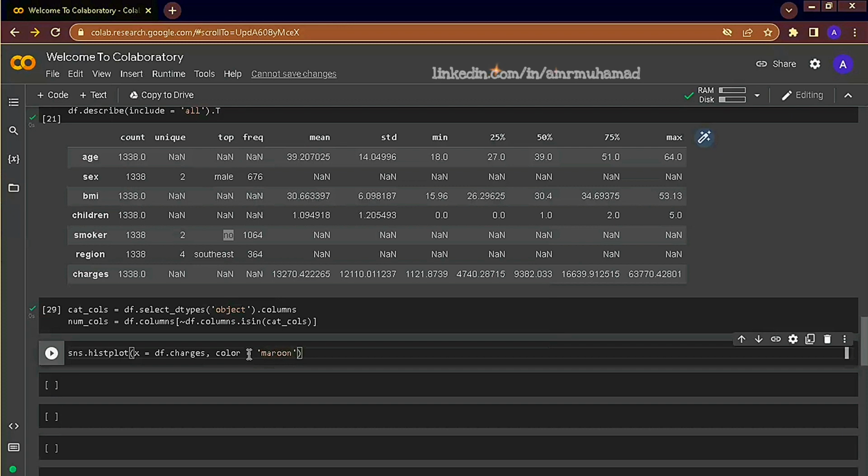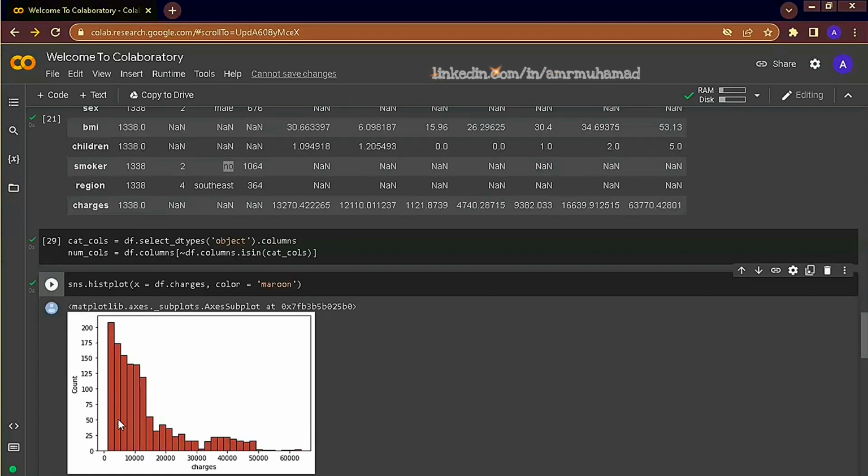A histogram simply bins all the values inside a given column and displays its frequency. So for example, from 0 to 10k we have like 4 to 5 bins, and each bin has a different range of values. Most of the values are concentrated in the lower range, and we have only a smaller amount of values above 60k insurance charges.